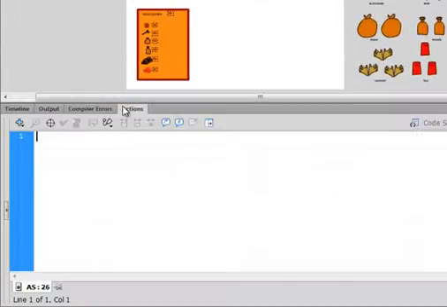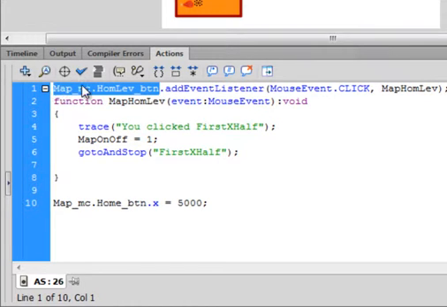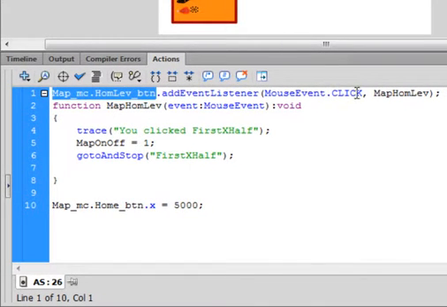Open the actions panel and type this code. map_mc.home_leave_button. That's the button that we click for the leave, when we say we leave the home. addEventListener(MouseEvent.CLICK,